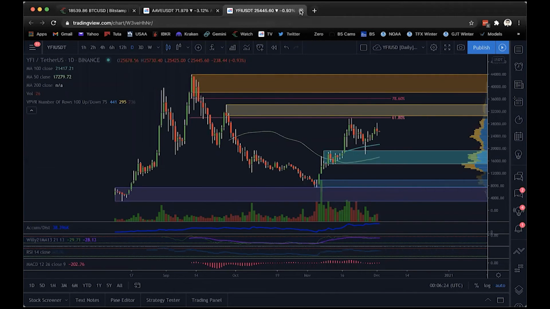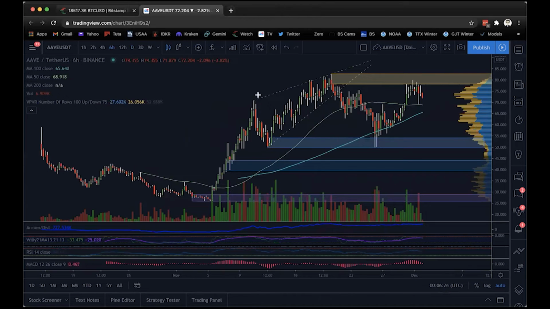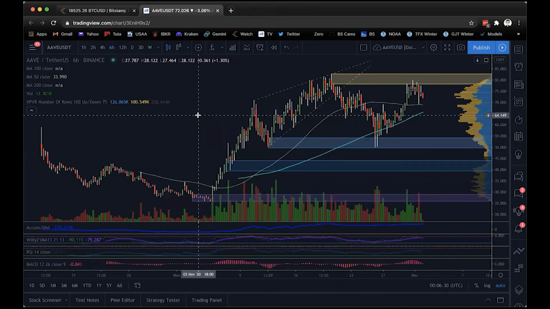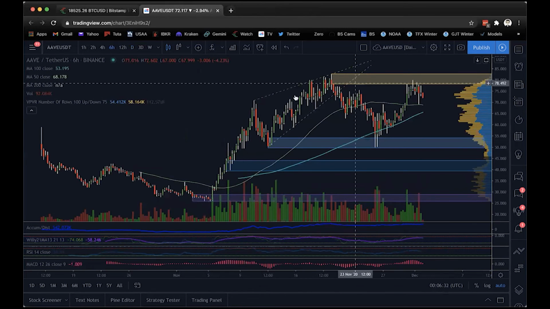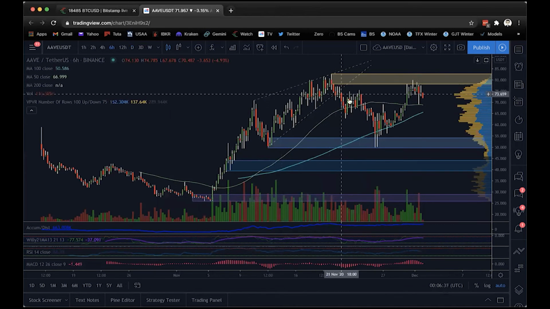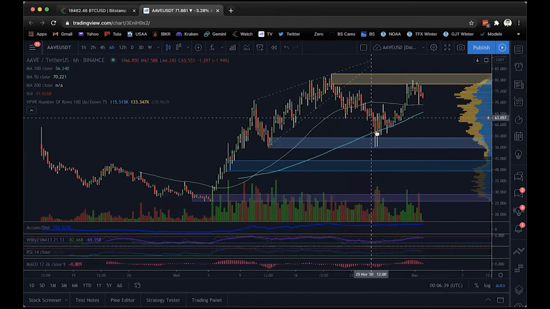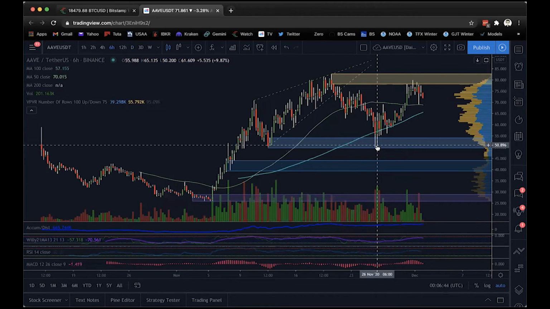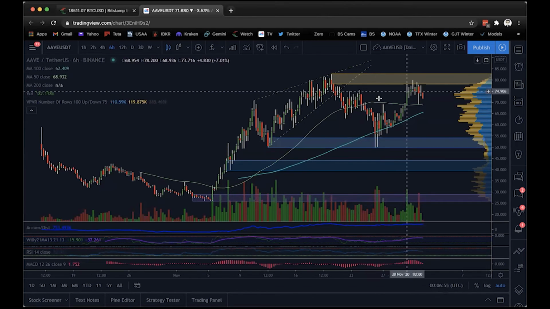So finally, we'll wrap it up with AAVE, which is a similar platform project to Urine. We can see that when we did our DeFi watch list, this wedge was just forming, and indeed, as suspected, this thing came down even further than we expected. The low was 50 on the nose. So some whale must have had a big buy order at 50, and it just couldn't clear it, so it bounced off of that level.